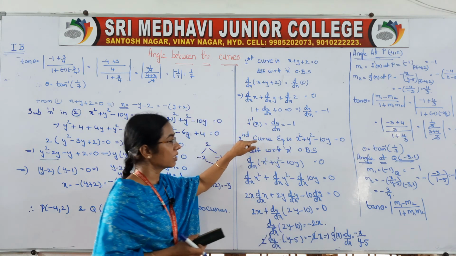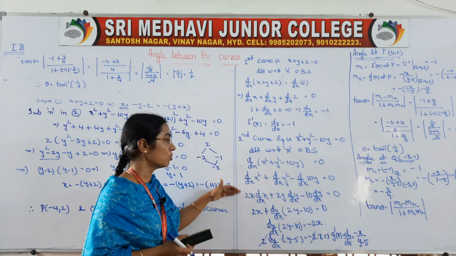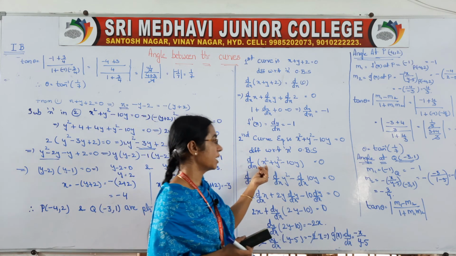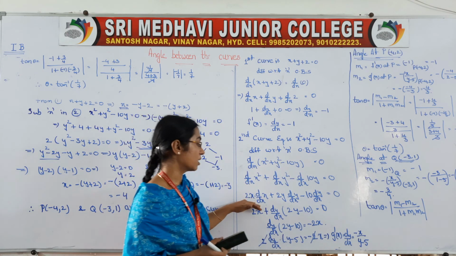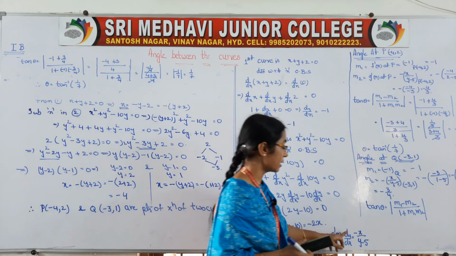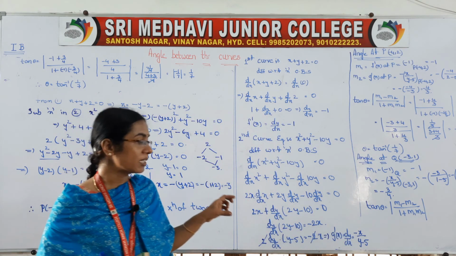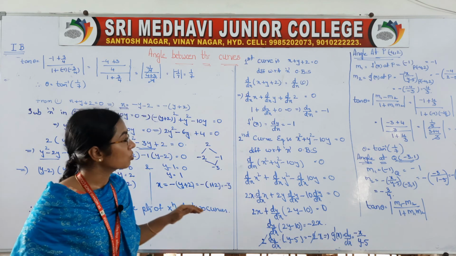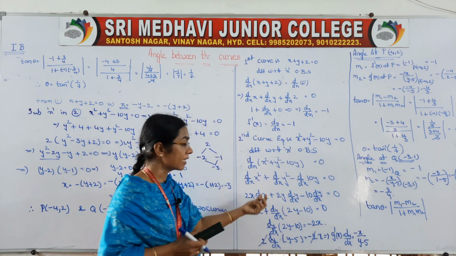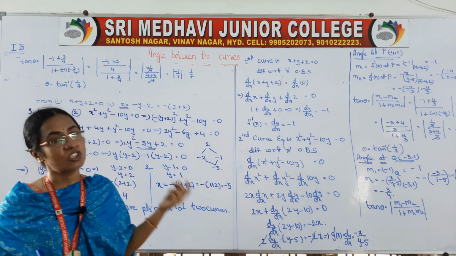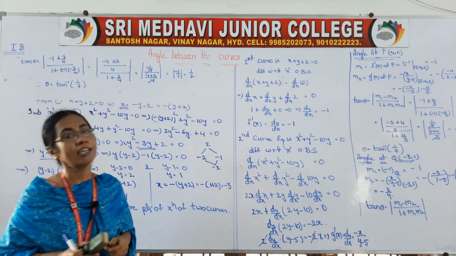Now take the second curve equation, differentiate with respect to x on both sides. So now it is separated, d by dx of x square, d by dx of this, d by dx of this one, right. Then you will get dy by dx is equal to minus x by y minus 5. So this is the derivative of the second curve. You consider the first function's derivative as f dash x, and the second function's derivative as g dash x. Once we got the derivatives, then we can find the angle.